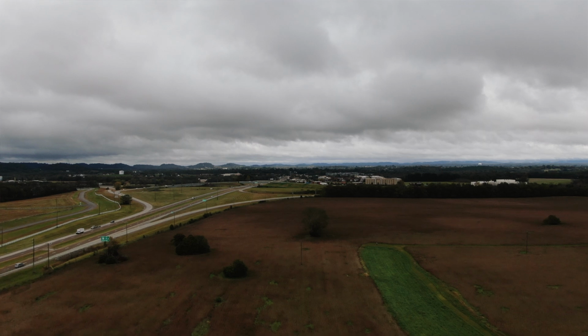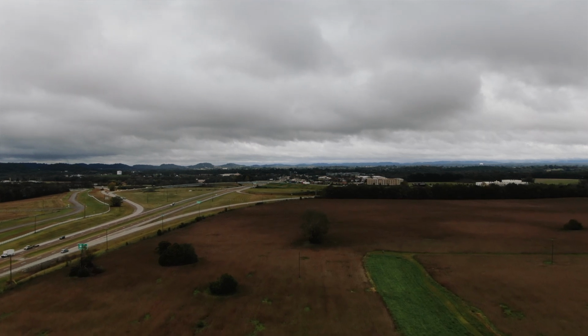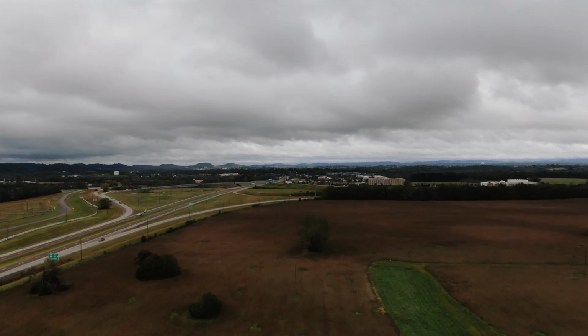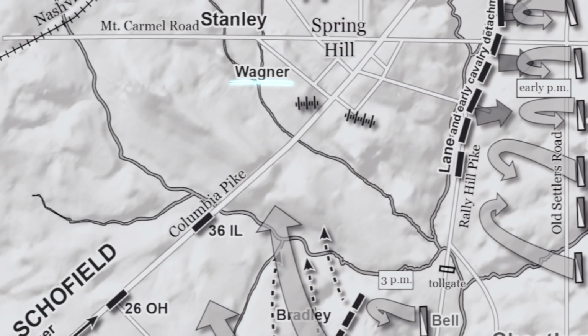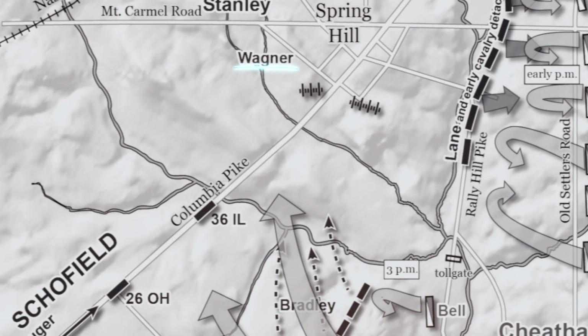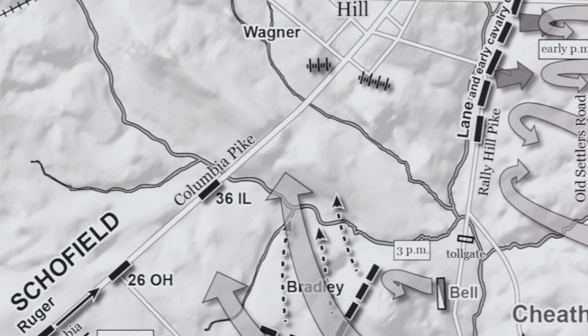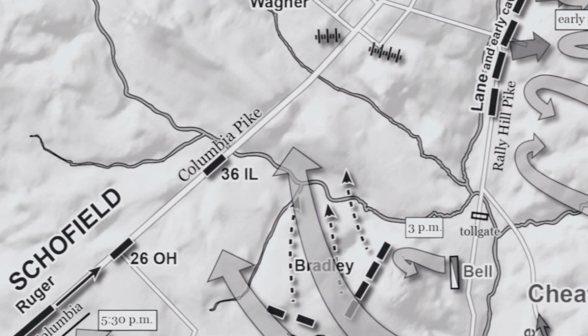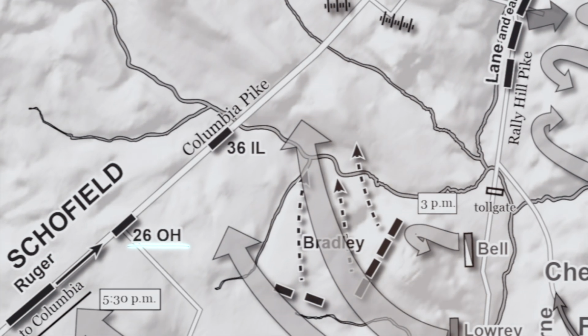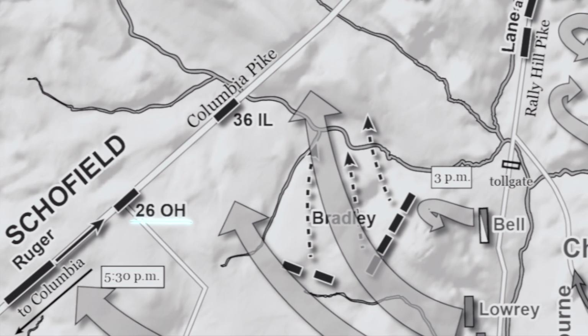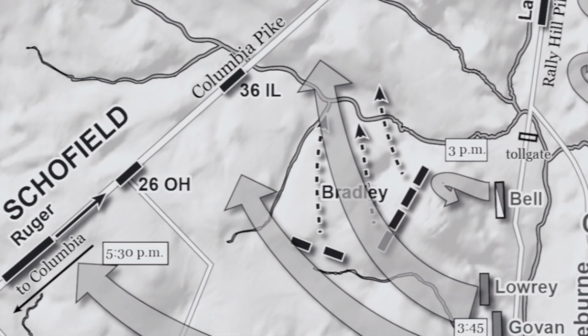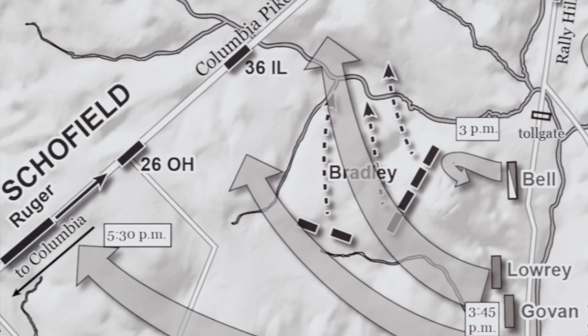Caswell and his men could command the road by fire, meaning that from their position they would be able to fire onto the Columbia Pike at anything that's moving towards them. Wagner, sensing that there is some pressure down here even further, he sends the 26th Ohio. There's not a lot of men in the 26th Ohio, maybe about 120 or so. The 26th Ohio is going to become engaged with these skirmishers,